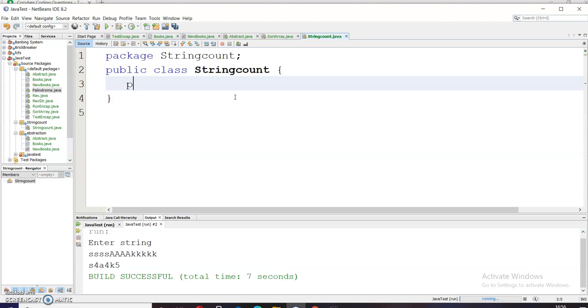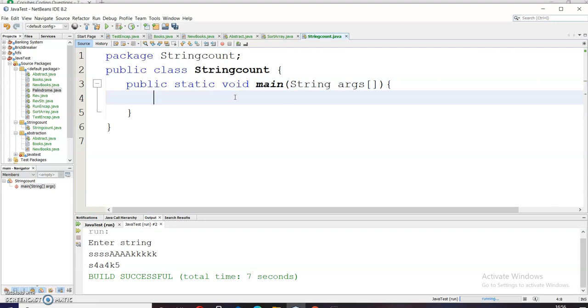So first I will define a main method, public static void main string args, and now I will be taking one string. I want the user to input that string. So for that I will be requiring a scanner class. So Scanner sc is equal to new Scanner System.in.